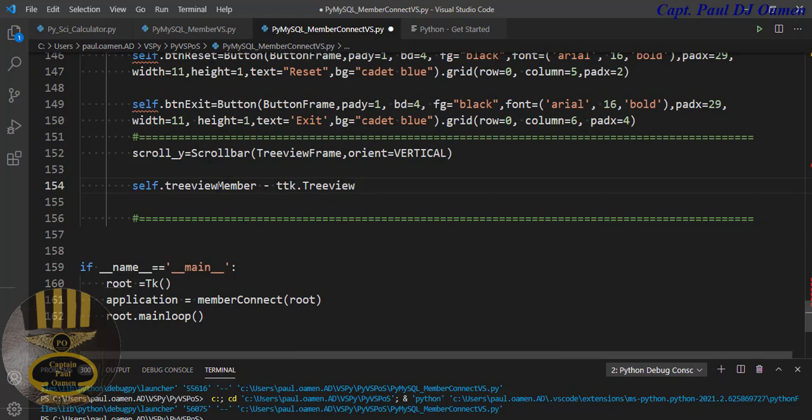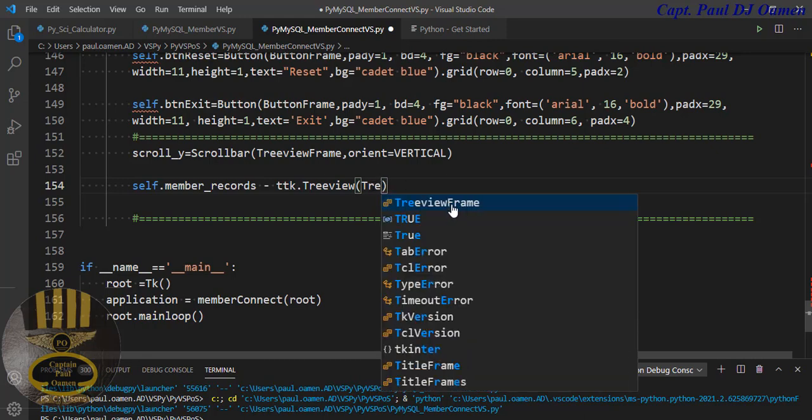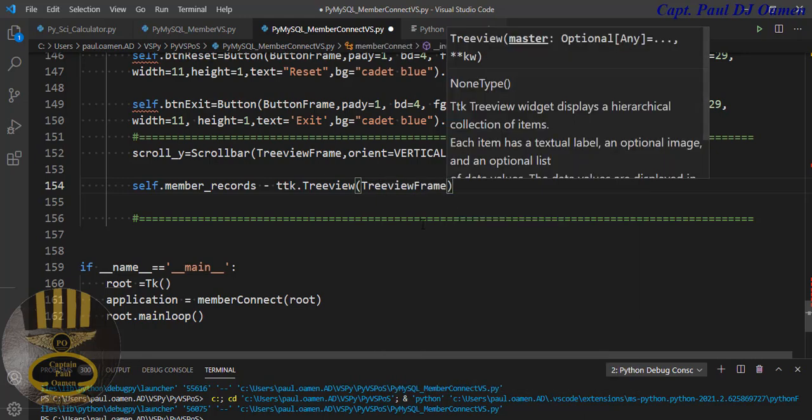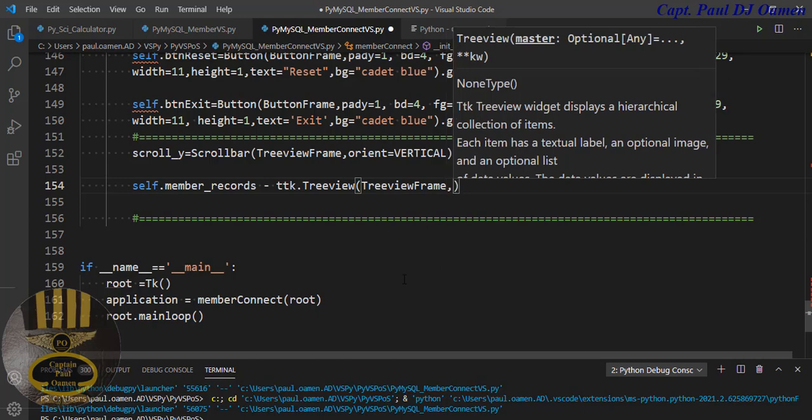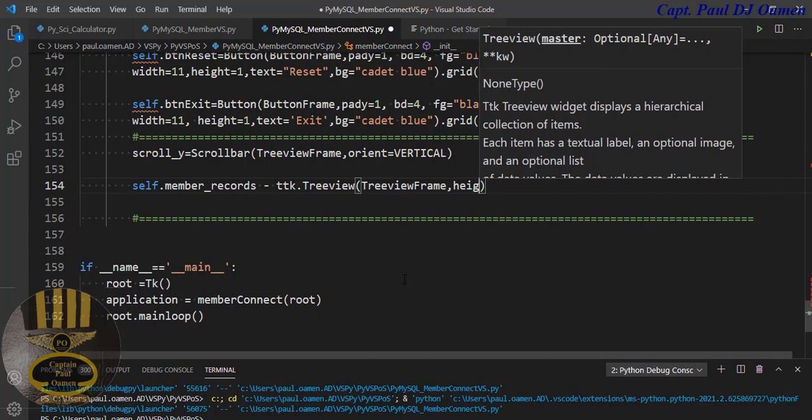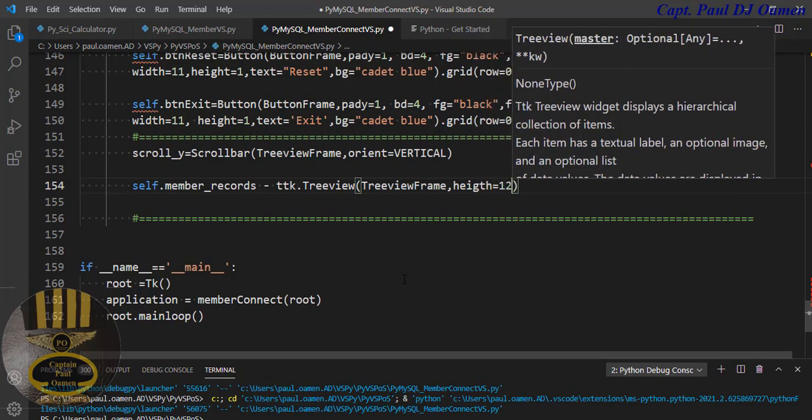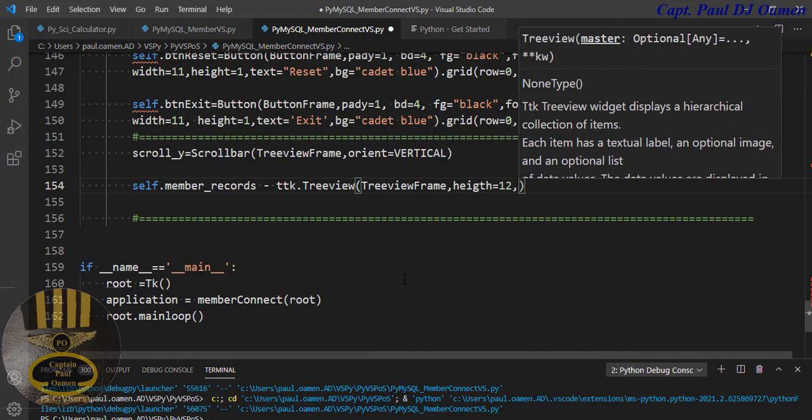Or let's just change it to member record, something like that. Member underscore records. Alright. So member underscore records is going to be a child, or it's going to be inside Treeview frame. Comma the height, I'm going to make that about maybe 12. It can be changed. Comma column